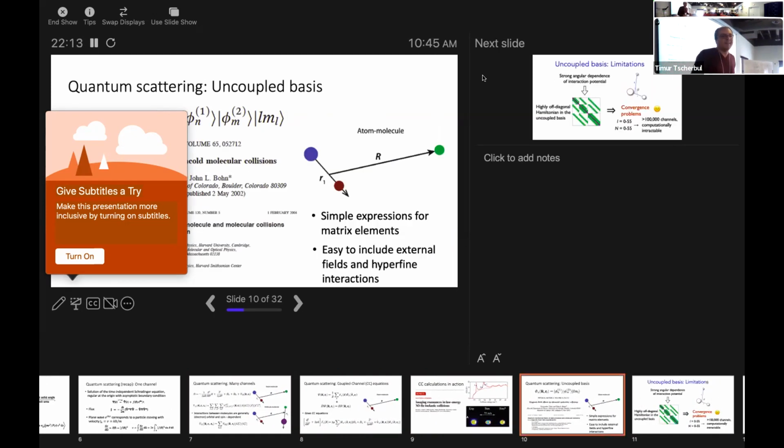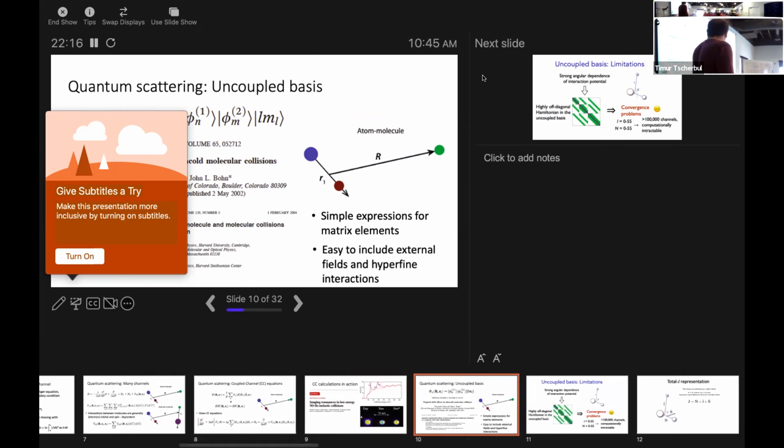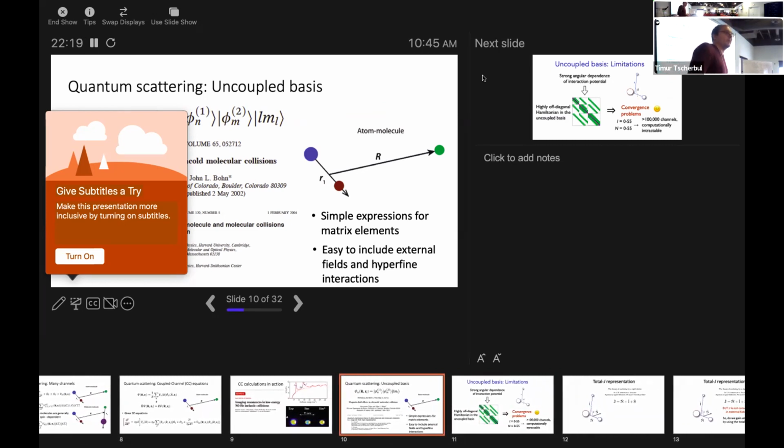And it's very satisfying. So I was a graduate student when this paper came out, and I immediately realized that this is what I wanted to do. And I started doing that, and in a way, I was in a very good position. The field was just taking off, and basically, programming was easy back then. In this basis, everything was easy, and it felt like life was good. Using this basis, we could go places and do a lot of calculations and basically solve all collision problems out there. But life,